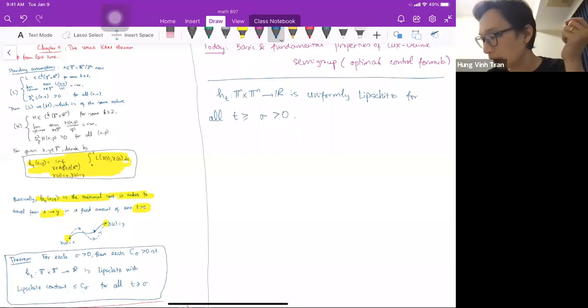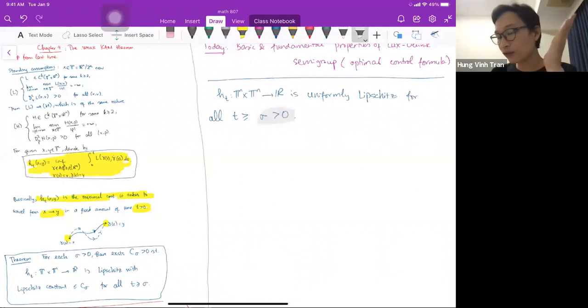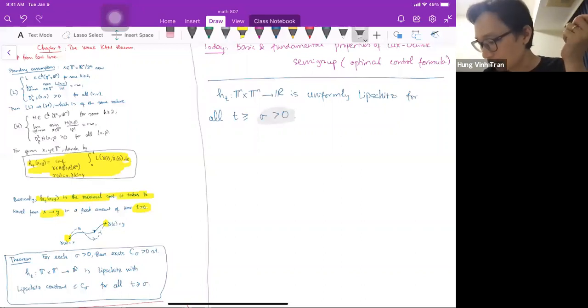So we need a lower bound here, and if we have a lower bound for all such t greater than sigma, then it is uniformly Lipschitz, and we can say that the Lipschitz constant of h_t(·,·) is less than or equal to C_sigma for all t greater than or equal to sigma greater